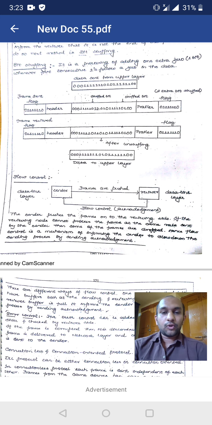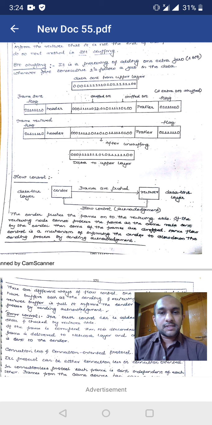So next is flow control. Flow control is a mechanism which indicates to the source and the destination system to maintain the flow of data. For example, if the sender has a capacity of sending 3 bits per second, then the receiver should also have the capacity of receiving 3 bits per second. So this is known as the flow control information. This should be sent to the source system as well as the destination system.